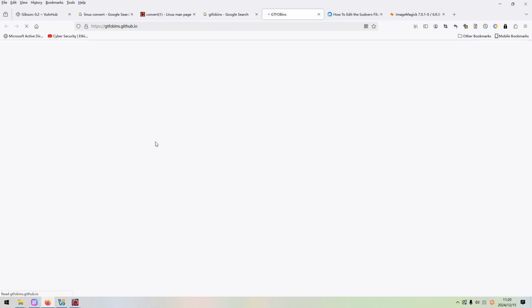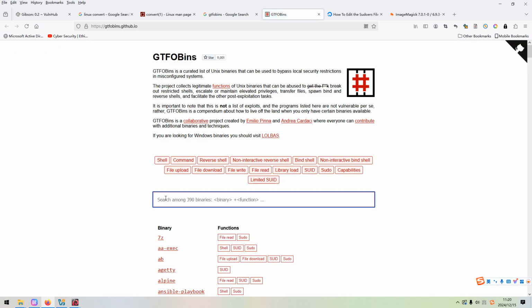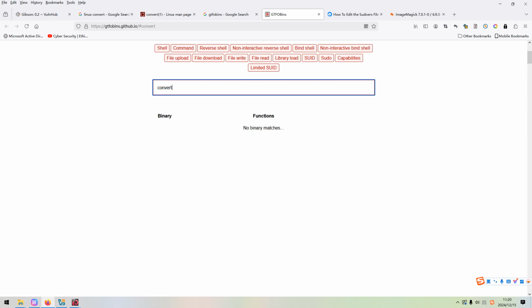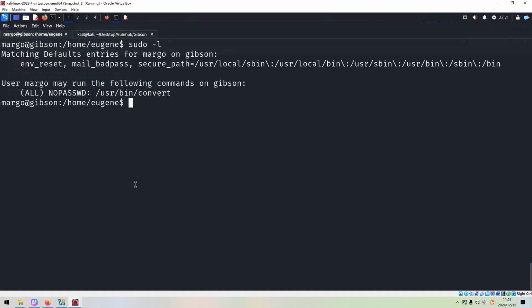This website contains a lot of useful instructions about utilizing different binaries to elevate privilege. However, there is no convert entry. So we need to manually exploit this binary.